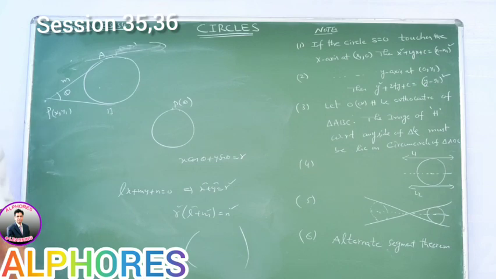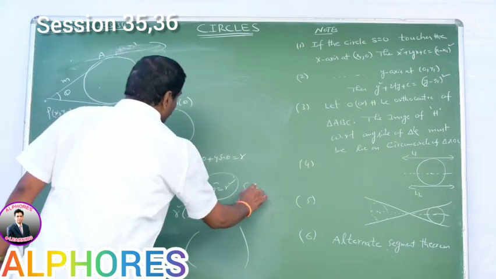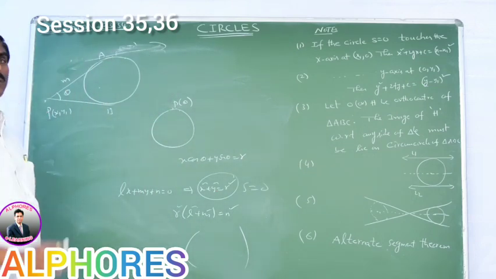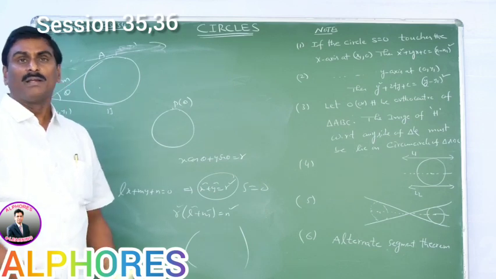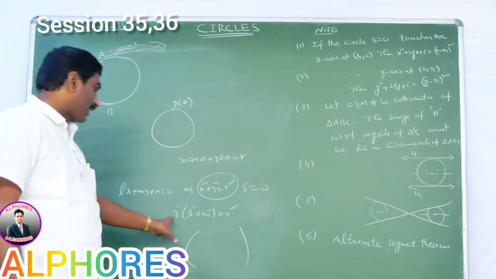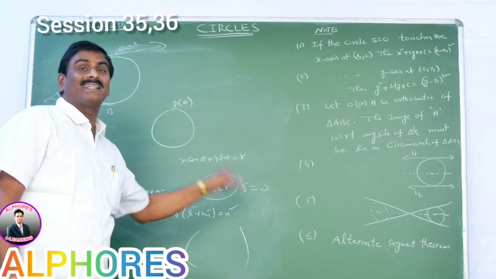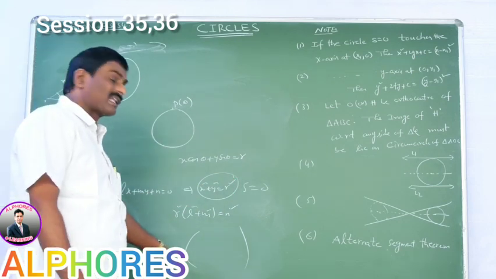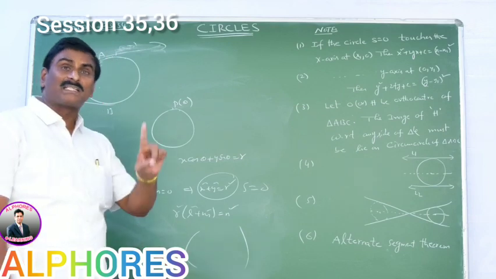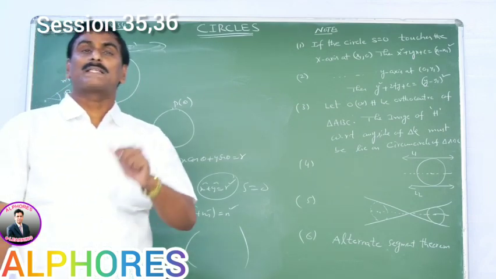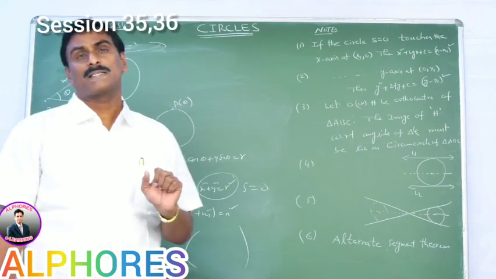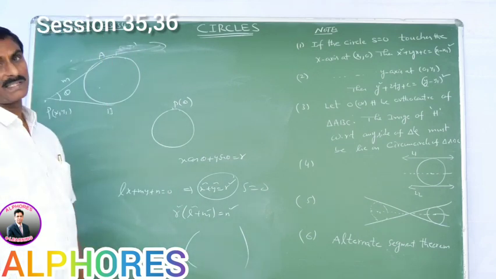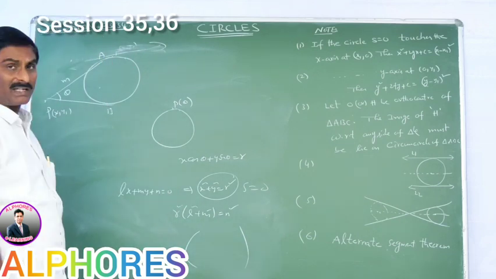If the circle S is equal to 0 touches this line, what is the condition? Take the same approach. In that case, we get r square into l square plus m square is equal to lg plus mf minus n whole square. And at the same time, the point of contact is the foot of the perpendicular: minus g plus r square l by lg plus mf minus n, comma minus f plus r square m by lg plus mf minus n. Okay, these are the equations of the tangents.